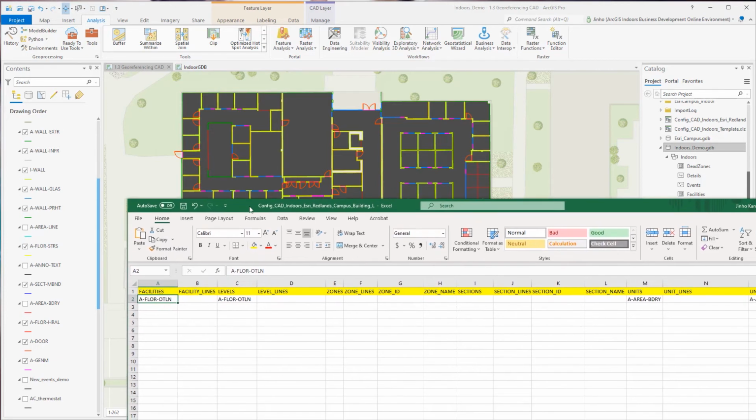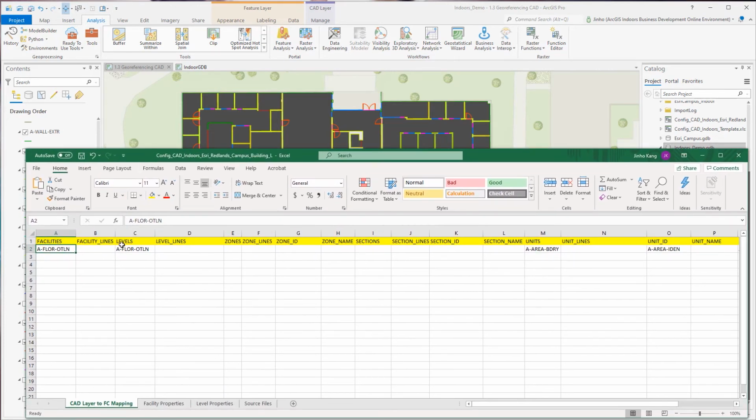You need to populate the CAD layer name on either the levels or levels_lines field, which defines the edges and the extent of each floor of a building. A-floor-outline is my polygon CAD layer that also defines the extent of the floor, so I place the name under the level column. The zones and zone_lines fields are optional, and they define the collection of spaces on